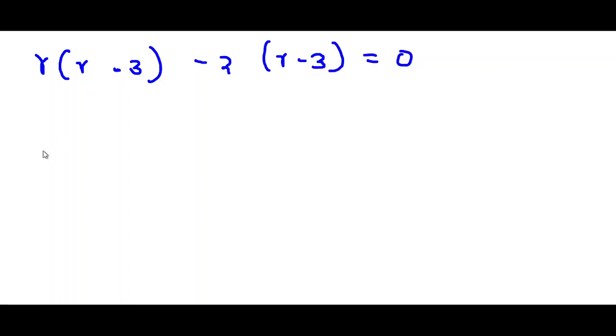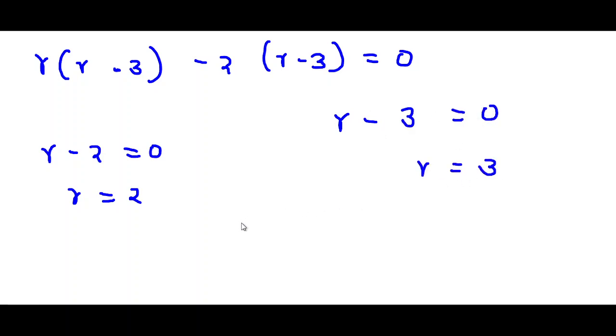So what is common will be r, then r minus 3 minus 2 (r minus 3) equals 0. So r minus 2 equals 0, making our r equals 2. r minus 3 equals 0, making our r equal to 3. As you can see, this is our r1 and this will be our r2. Our r1 is not equal to r2, therefore our general solution y will be c1